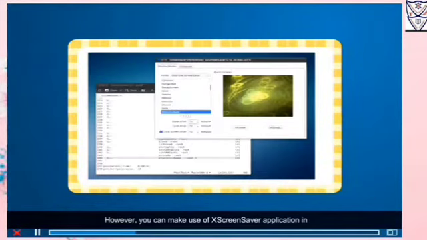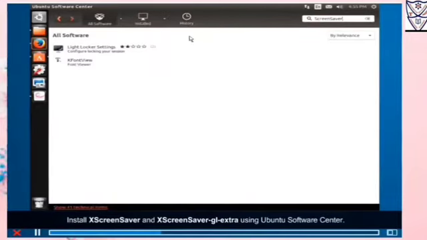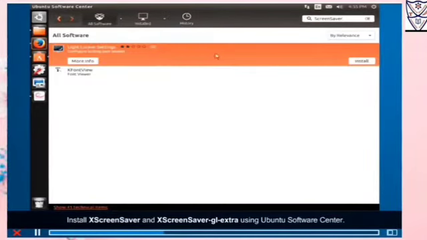However, you can make use of a screensaver application in Ubuntu to activate the screensaver during the no activity mode. So let's learn how to use XScreenSaver. Install XScreenSaver and XScreenSaver GL Extra using Ubuntu Software Center.